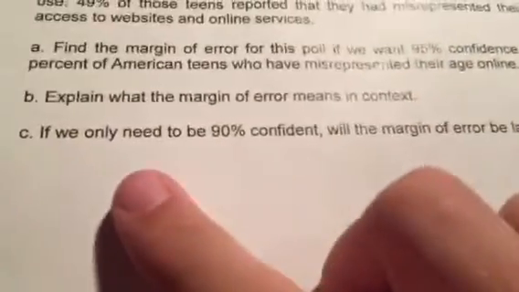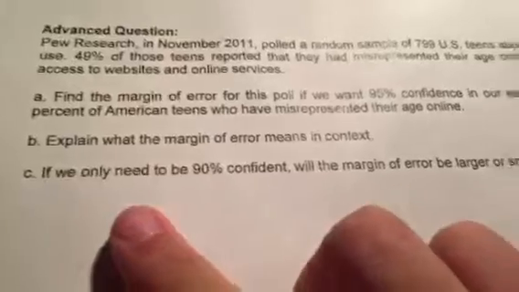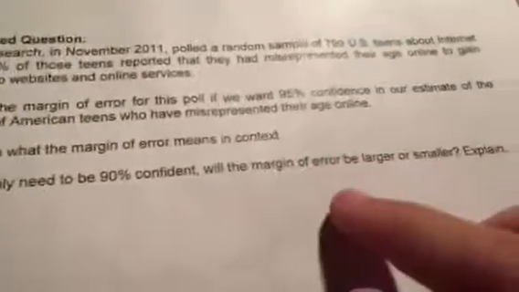Next, part C asks, if we only need to be 90% confident, will the margin of error be larger or smaller? Explain. For part C, I said the margin of error would be smaller because the confidence interval is smaller with 90% compared to that of 95%. What I mean by this is that if we look at our table C again and we go down to the z-score and we look for 90%, it's